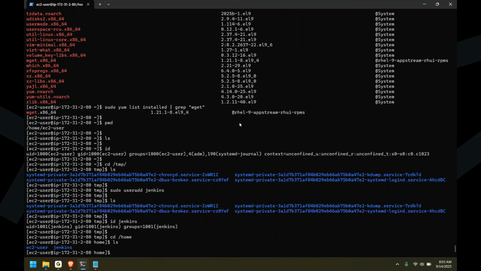That's the first. And second, what are the use cases for creating new users? Like you said earlier, when we created this instance, AWS already created the EC2 user for us. So when do we know that we need to add new users